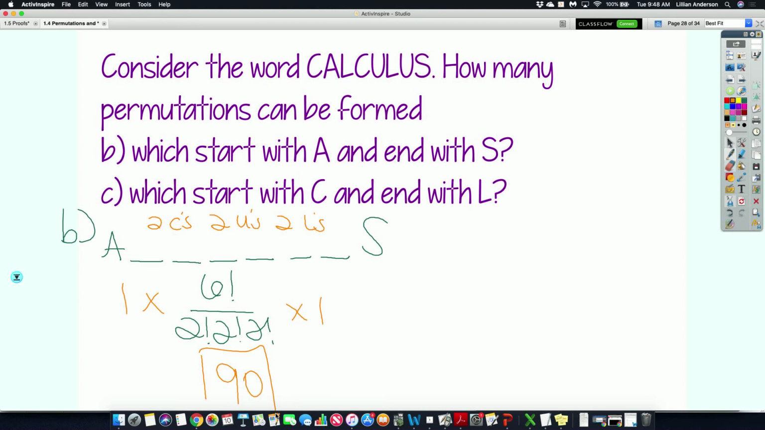But what about starting with C and ending with L? If it starts with C and ends with L, those are one of those repeating letters. So what do we get for this one? 360. How so? Because the 6 letters in between don't always repeat themselves. It's just the U that repeats itself, so it would just be 6 factorial over 1 times 1 times 2 factorial times 1 times